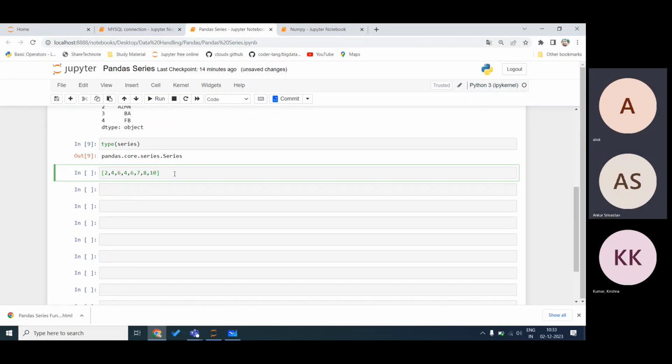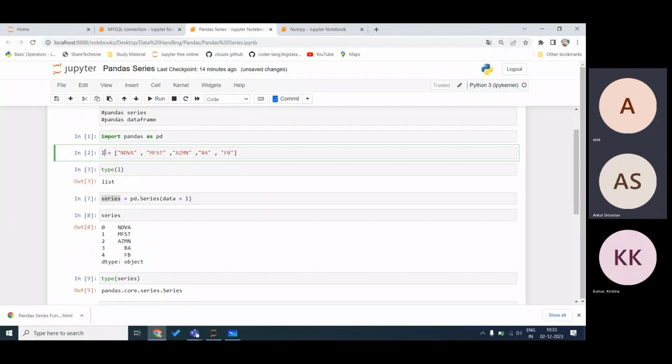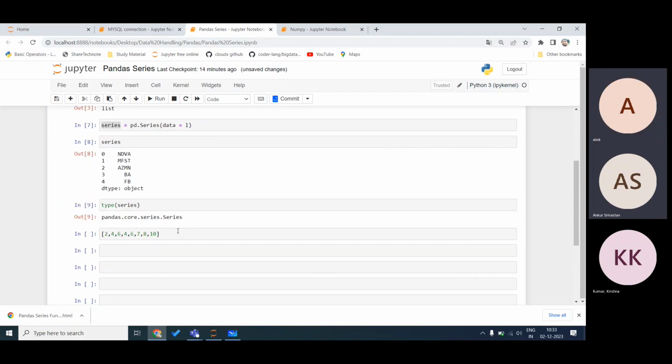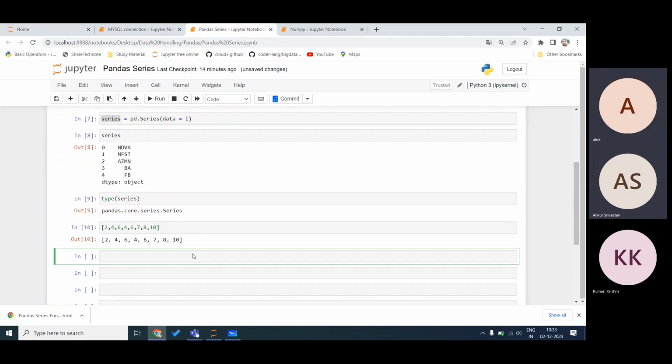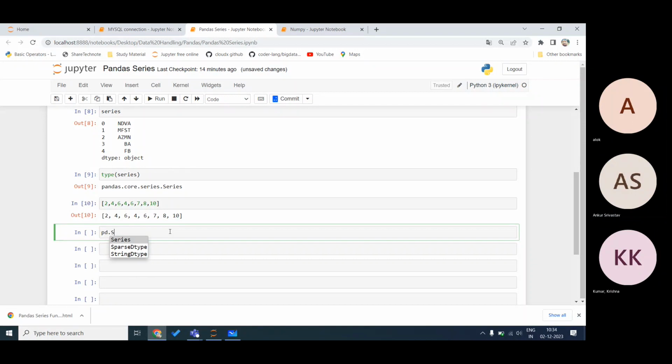If I don't want to store it in any variable, earlier we stored it in a variable, now I'm not storing it in any variable. So still you can do one thing: pd.Series. One minute. It's always caps.